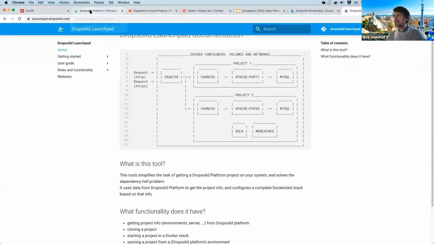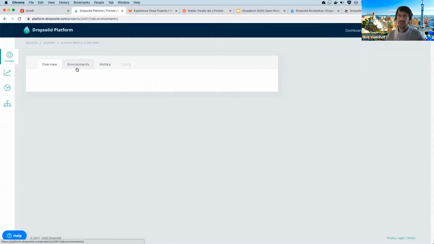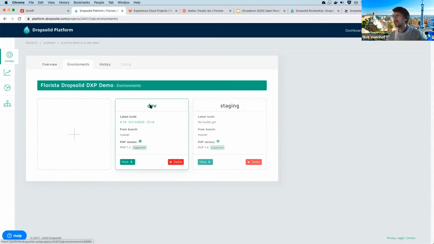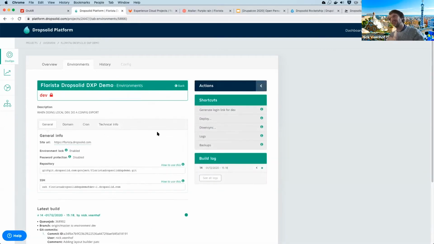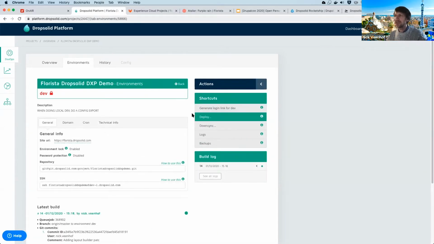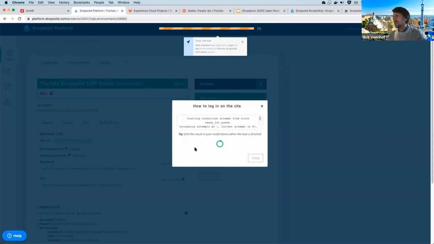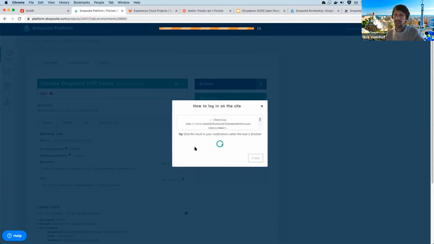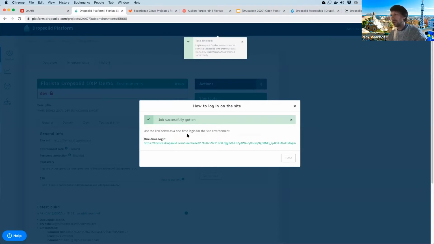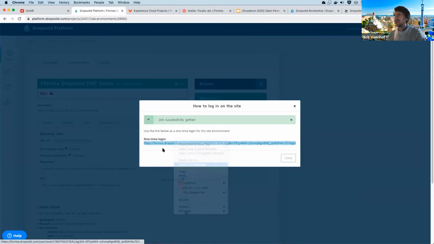So that's one thing. And if we then continue, we can see that there are multiple environments, and just imagine that we created our project, we installed it, we did config export, import, we deployed it. We'd like to log in to this environment. And that will be the first step towards connecting the different components. And I'll show you the different modules that are used to connect both Apache Unomi and Mautic. And then I'll dive a bit deeper into Mautic. As you can see, we have a one-time login link, and